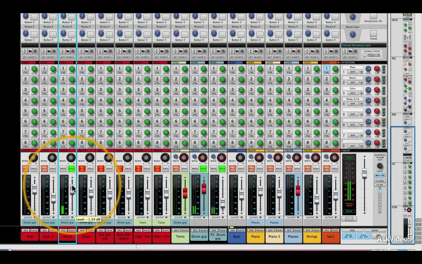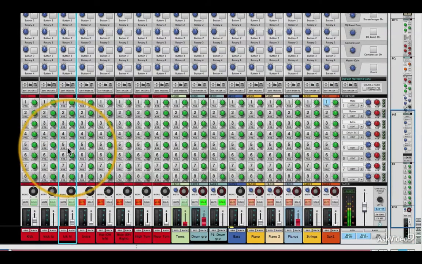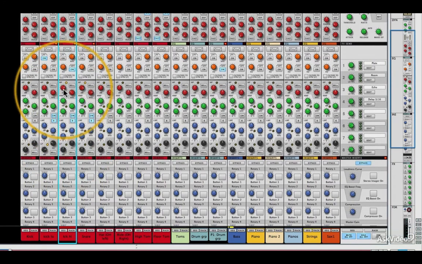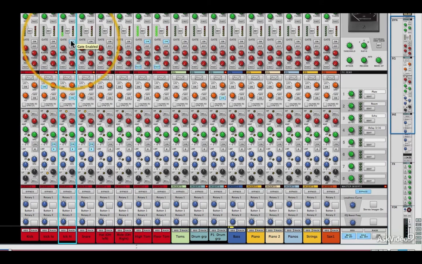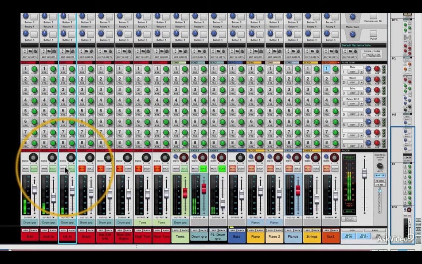And let's add a little more high end. And if you wanted to, you could gate this because obviously we've got some bleed. So there's our original kick with some low and some high. And in the mix,